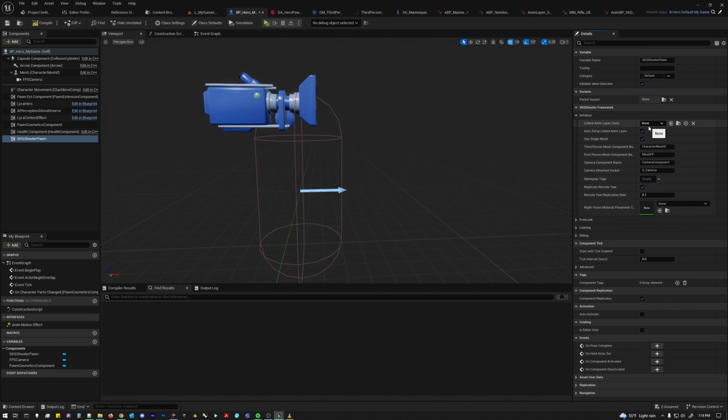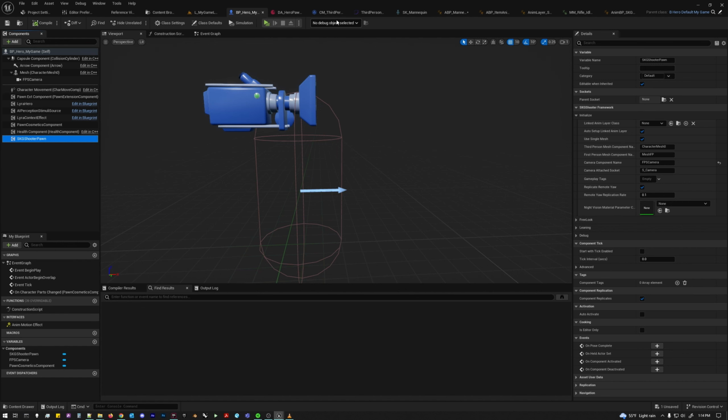And so we don't need to link the anim class layers here. We do need to make sure that one of our character meshes that we're using is the same name as this one. At least one of these needs to be named this, so I just leave it at default, that's fine. And our camera component in this case has to have the name that it has in our character, so FPS camera in our case is the name. The camera is attached to this socket which we created already in the skeleton, and make sure that name is the same. And so once we do that, okay, and compile this,